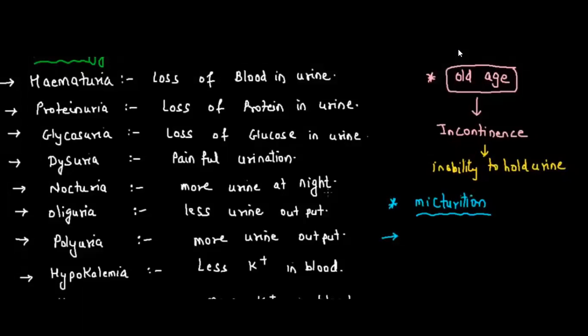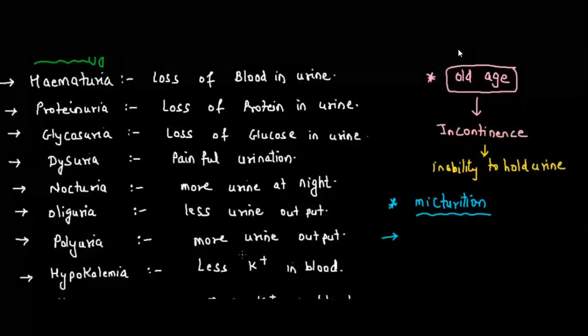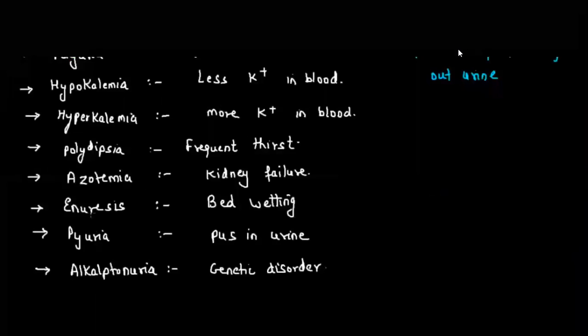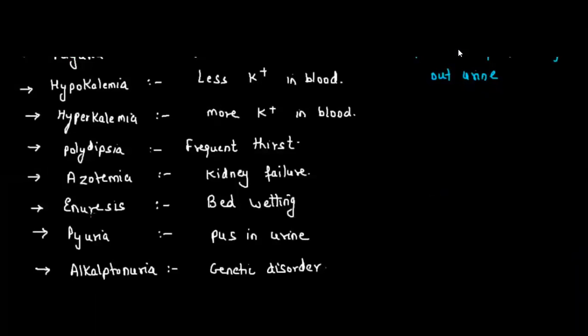Micturition is what? It is the act of passing out urine. When you are passing out urine, the process is called micturition. In old people and young kids, in young kids the external sphincter is not developed, but in old age the external sphincter has failed. So this is all about the technical terms related to